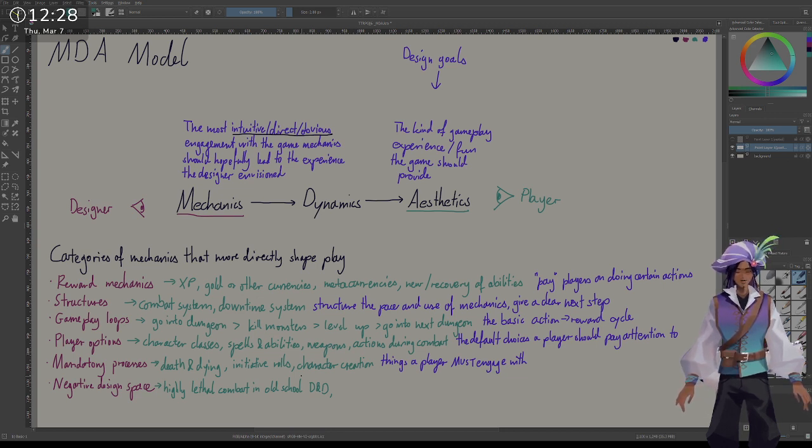Right? A lot of video games do this. If you encounter a lock, you throw your character's lock picking skill at it, and then maybe you overcome it. If you encounter a trap, you throw your character's disable trap at it. If you encounter a guard, you throw your character's persuade stat at it. If you need to sneak, you throw your character's stealth stat at the sneaking mini game or whatever. Right? That's stat checking, and the game very, very intentionally avoids stat checking because it wants players to immerse themselves into the situation, into the narrative,